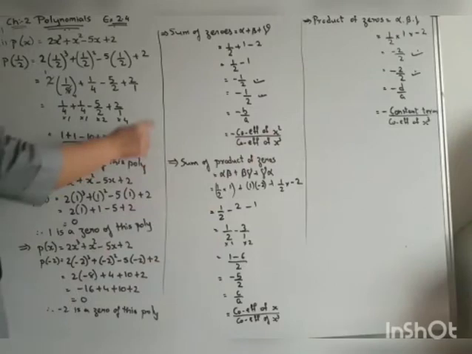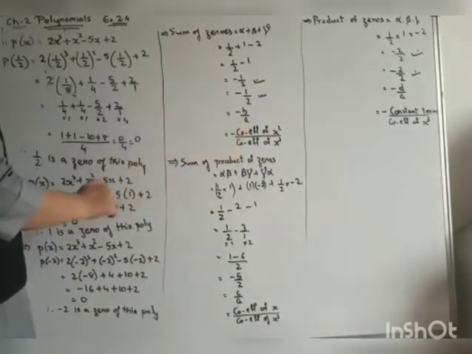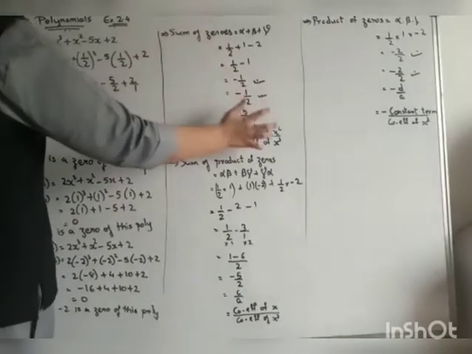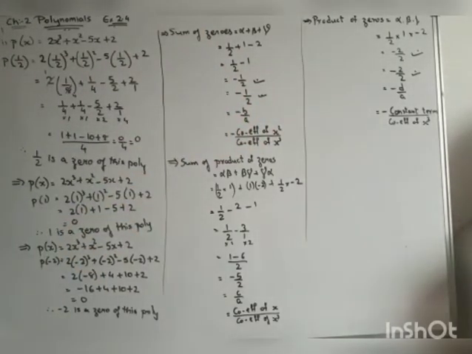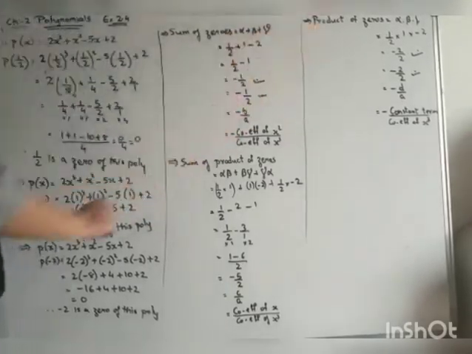So here you can see, children, that we have shown the relationship between the sum of zeros and coefficients. That means we started with zeros and we ended with coefficients. Now, talking about the sum of product of zeros. Children, I have already explained that in a quadratic polynomial there are only the sum of zeros and the product of zeros, while in a cubic polynomial three are there: the sum of zeros, the sum of product of zeros, and the product of zeros.